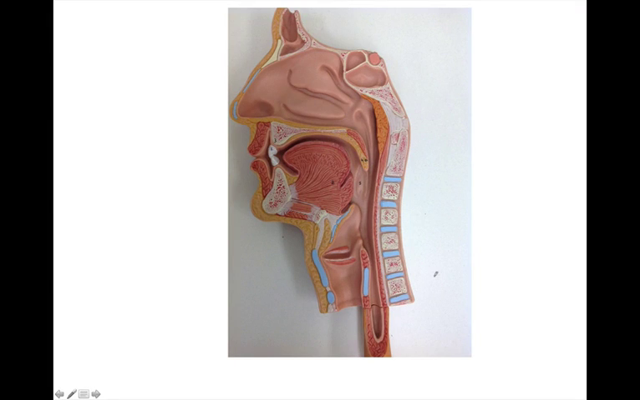Alright, in this video we are going to cover the rest of the upper divisions of the respiratory system. In the previous video I went over the functions of the respiratory system and then talked about the differences between the divisions. Basically, the upper division of the respiratory system contains the nose, the pharynx, and then the larynx, and then the lower divisions would be the trachea, and then not seen in this picture would be the